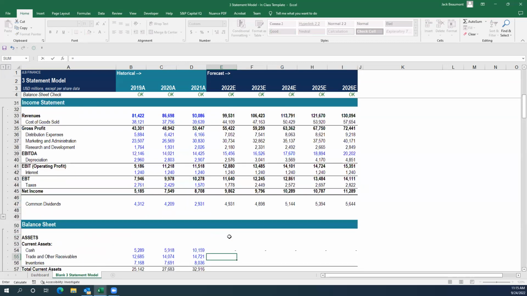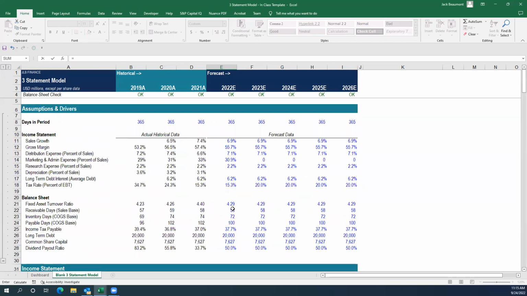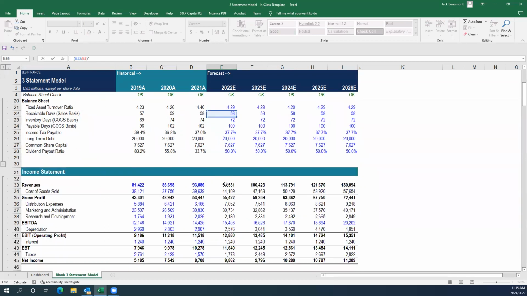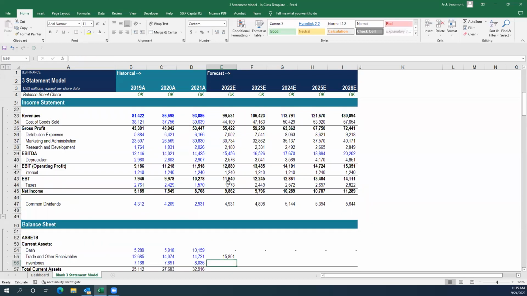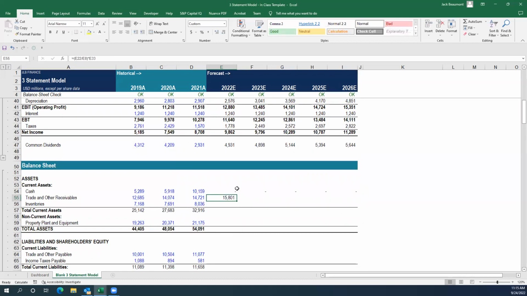We're just taking our receivable days here and we divide that by the amount of days in the period. So put some brackets around there. And we multiply that by revenue, because accounts receivable is driven by our revenue. So the more revenue we have, the more accounts receivable we're probably going to have because we're selling more